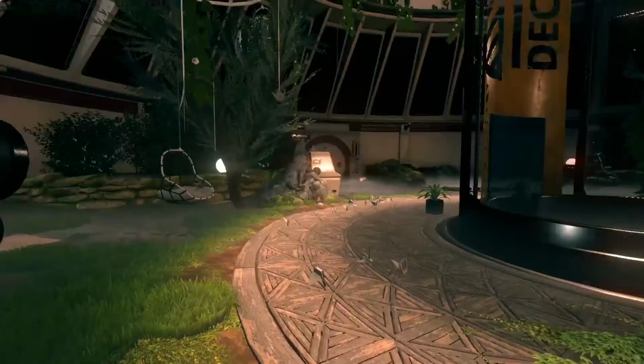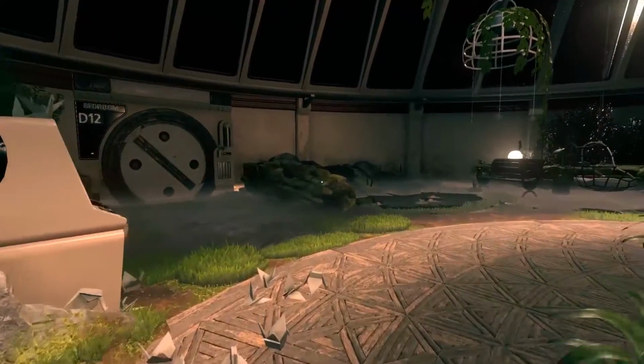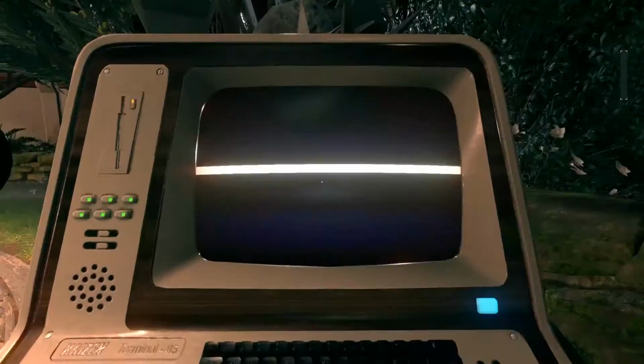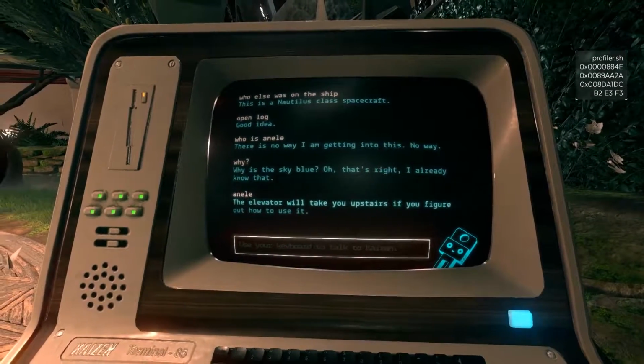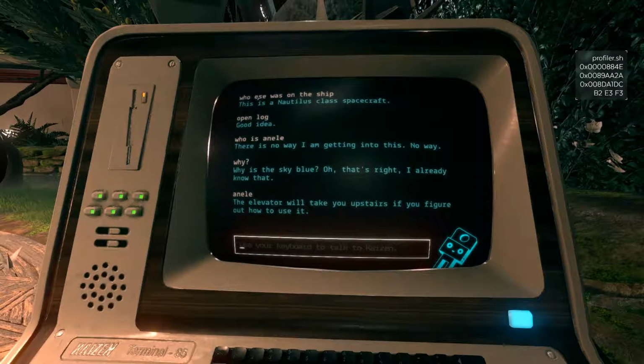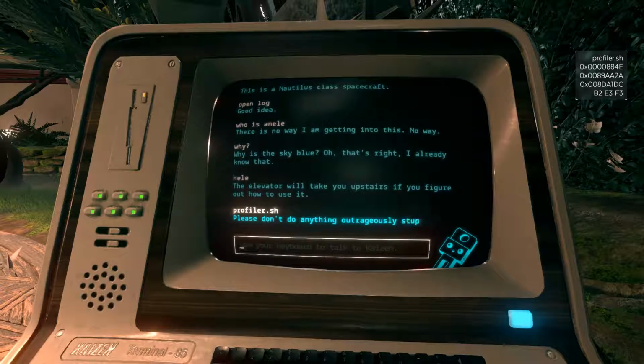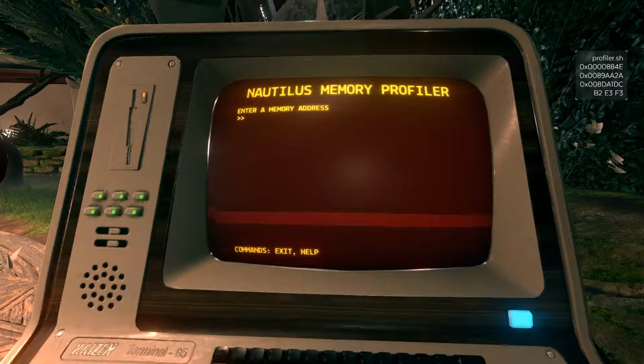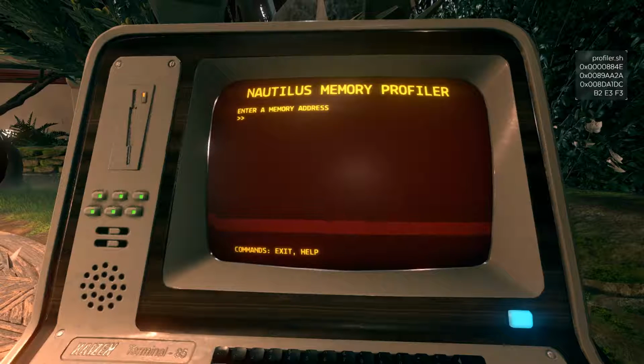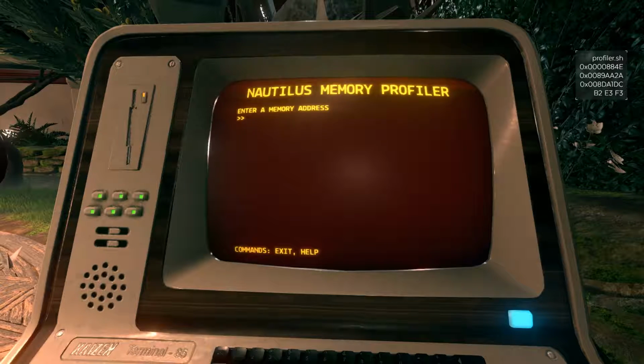I believe it is. So the computer told me to remember something. Let's see what we can do with that. So I'm gonna say profiler dot sh. All right, I do have some memory files, but I don't know what they're for. They might only be on certain terminals, but I'm going to try out some of the ones I got through logs. So first I'm going to do